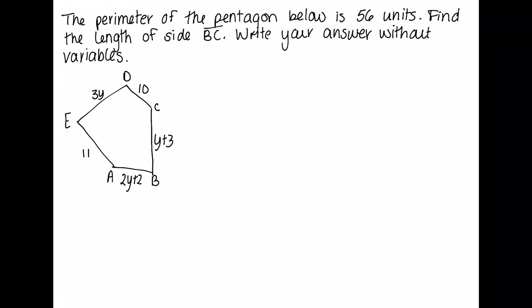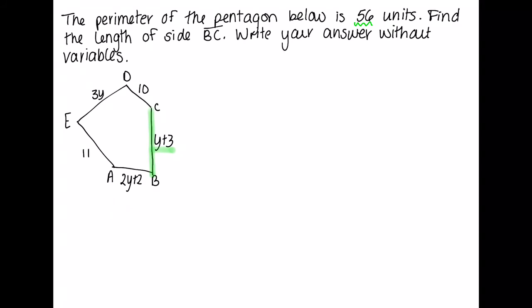Let me grab a highlighter and highlight it. That's this side right there. So we're looking to find the value of y plus 3. It says to write your answer without variables, because if you could write your answer with variables, you would say your answer was y plus 3 and you would move on with your day. But it's a little bit more work than that. Now, a perimeter, just like I had said before, is just the addition of all the side lengths. So we are told here that the perimeter of this pentagon is 56 units. So we already know the perimeter is 56 units, which means if we add up all of the side lengths,